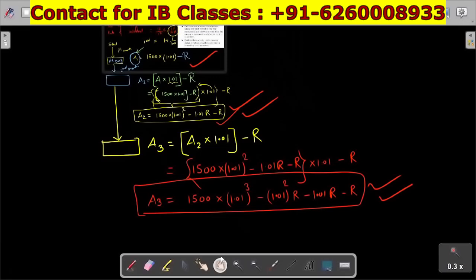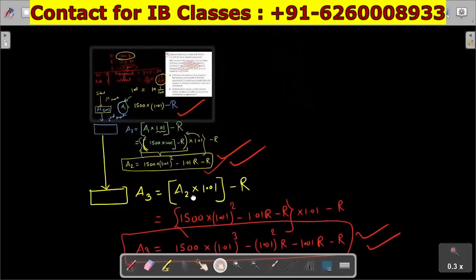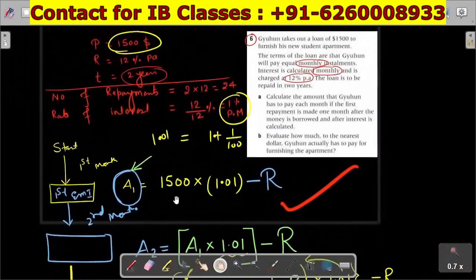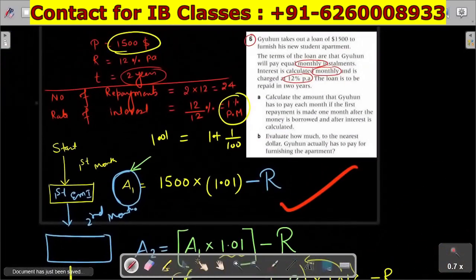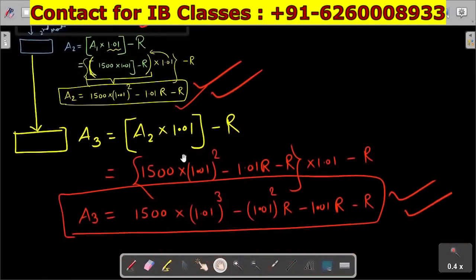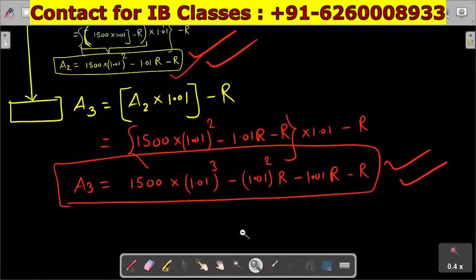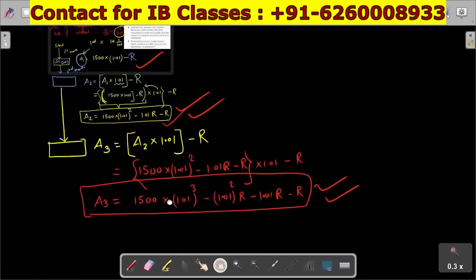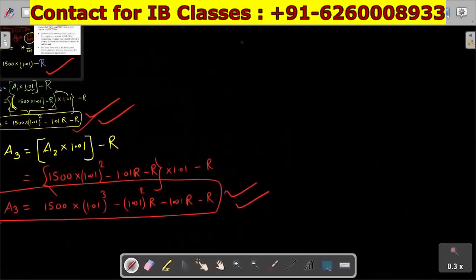Now I have to pay a total of 24 repayments, right? We have calculated that the number of repayments is 24. What it means is that after 24 repayments, my total due becomes 0. Then my loan will get closed, right? So can I write